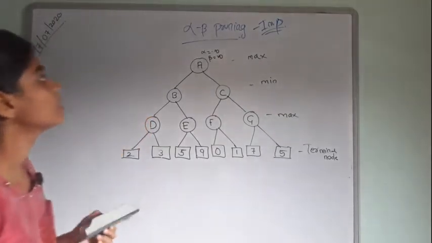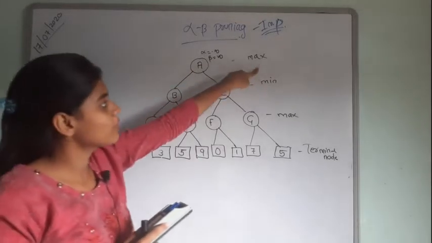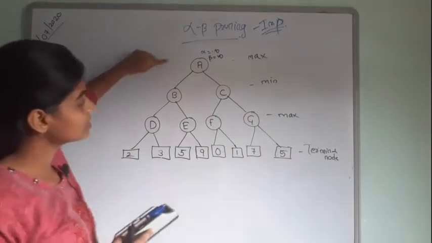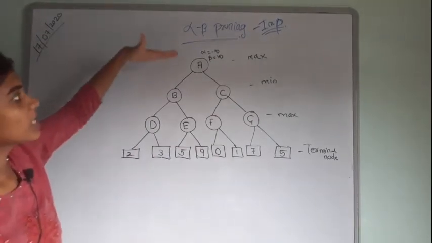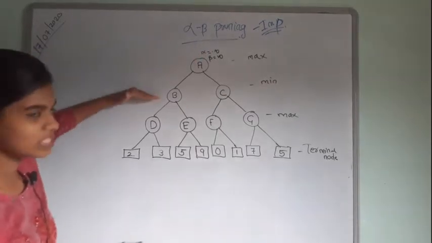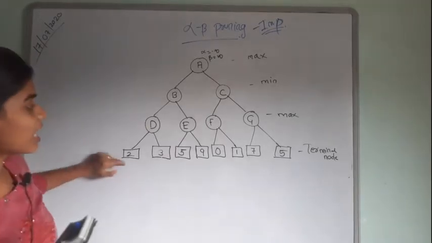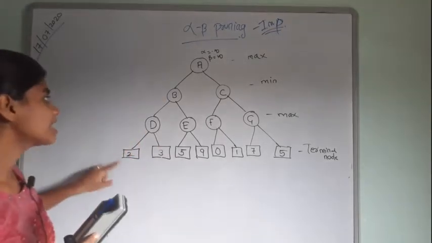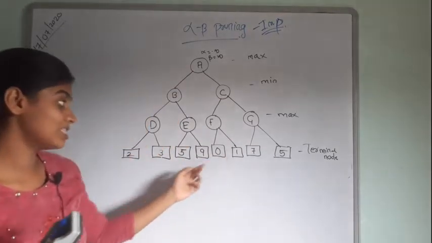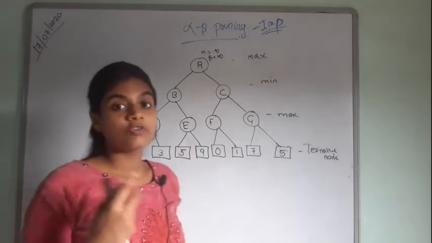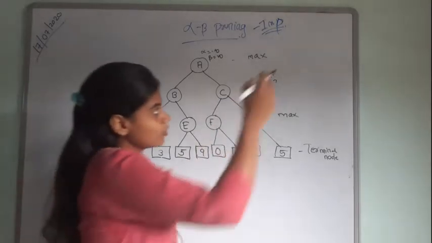Okay, so let's start. As I told you before in the theory, maximum, minimum, maximum means in this graph, whatever graph is given in the exam, you must first mark the layers: this row is maximum, this row is minimum, then this row is maximum, and this one is the terminal nodes. These nodes are important. By these nodes only you can do the pruning. By these values only you will understand which one is greater and which one is lesser.